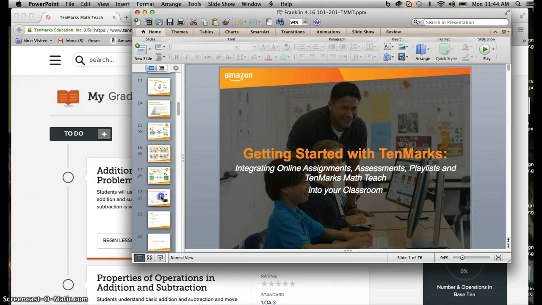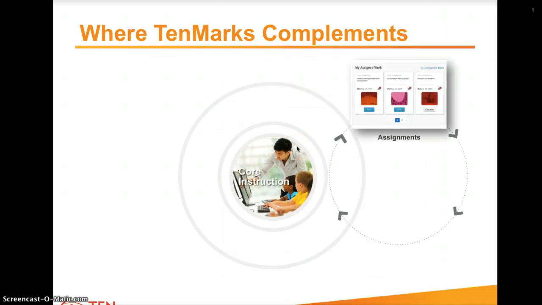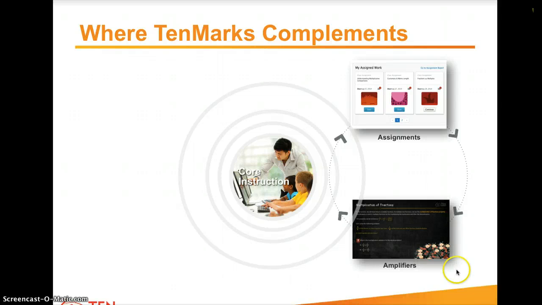When you think about our kind of circle of life video where you do the instruction and then you assign the assignments, built into each of these assignments is a video, and then if the students do not succeed with 70% or more success on the assignments, they're given the amplifier. And basically inside TenMarks Math Teach, we've now made these really valuable resources, the videos and the amplifiers, searchable